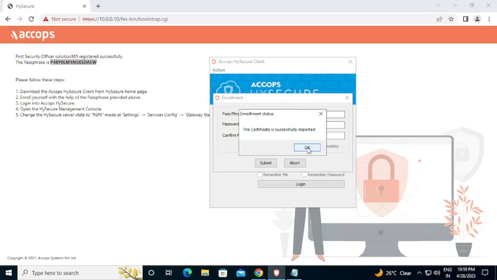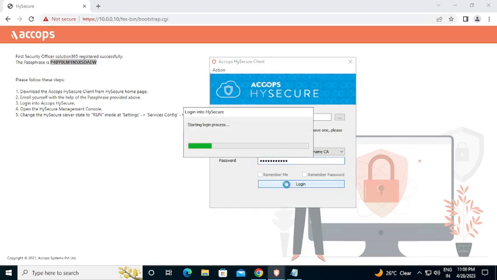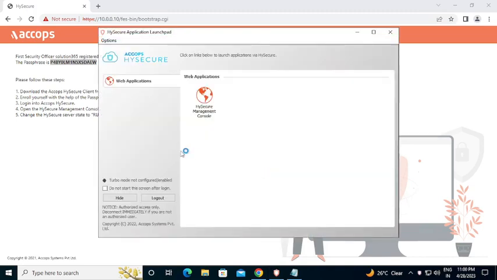Alright, what is this exactly saying? I will just show you that because I have just imported certificate for my account. This is my user ID that I have just created. So I have got a certificate on my system which has been imported from server, and by using this certificate, now I can log in and access the management console. So let's do that to perform the last step of this boot start process. So once I have logged in,